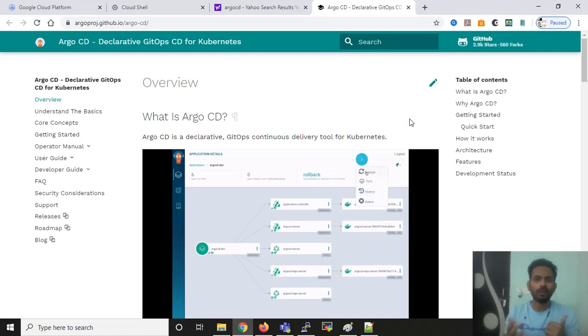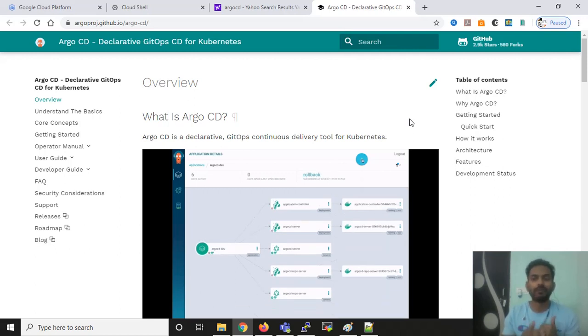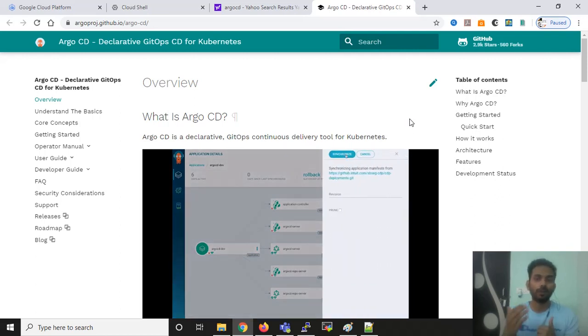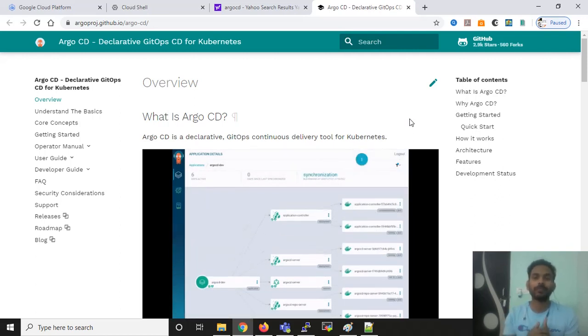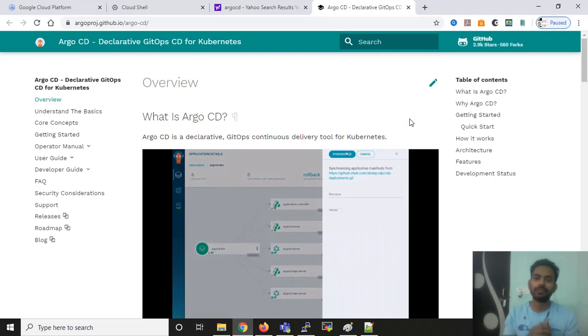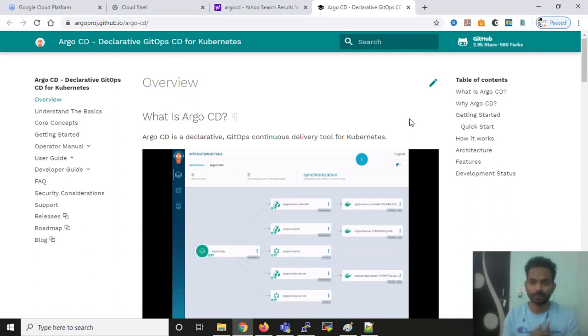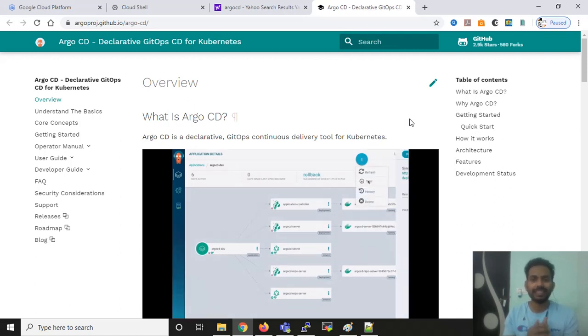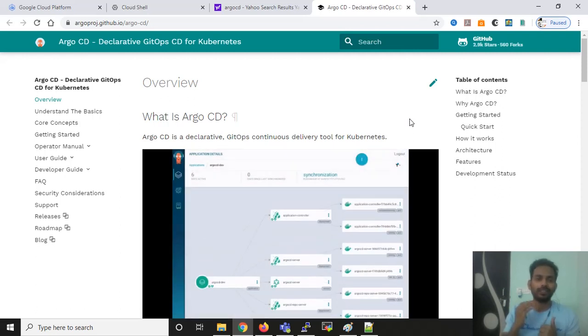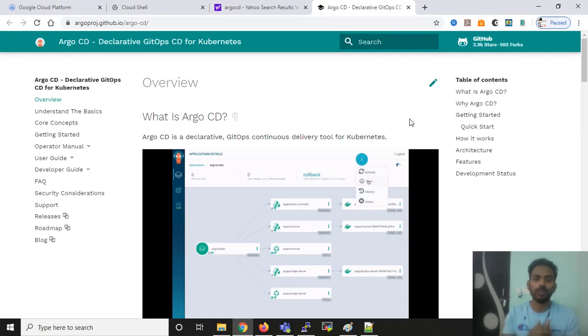In the old fashion, what we were doing is changing the YML code, going to the Kubernetes cluster and applying the changes onto the existing objects of the cluster, or we were using Jenkins to continuously deliver the YML changes we had made on the Git repository. In this video, I'm going to show you that you can easily use Argo CD, and just change your code on the Git repository, and it will continuously deliver your changes to the Kubernetes cluster, pods, and the other objects.